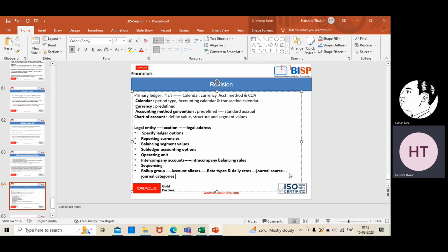So this journal source and journal category: when you enter a journal, you need to give a journal category, and if you go to the other information tab, you can see the journal source of that particular journal entry as well. So these are very important here. Then we have also covered